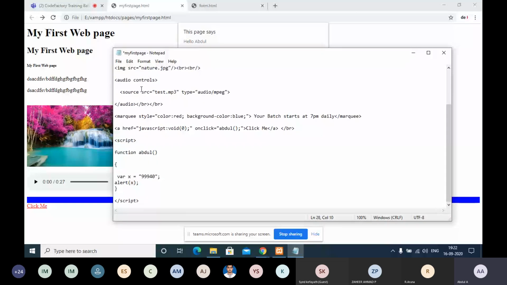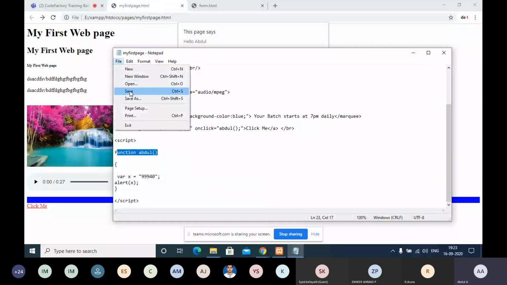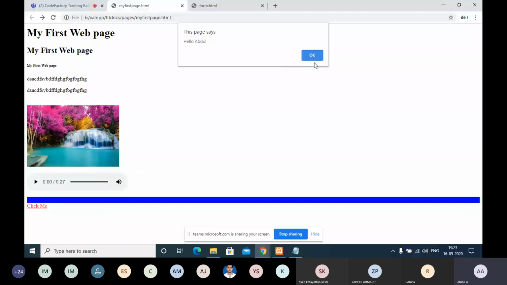If you don't understand, it's not an issue, we will explain it. What I have done is, inside the onclick attribute, I have called the Abdul function, and we are putting some information inside the function. Now I'm saving and refreshing my page.